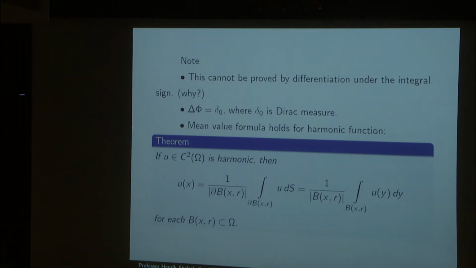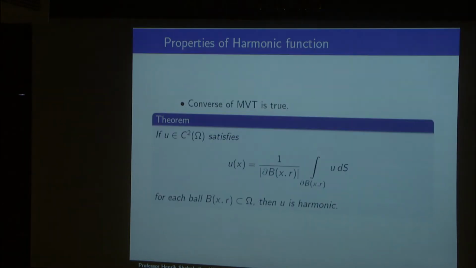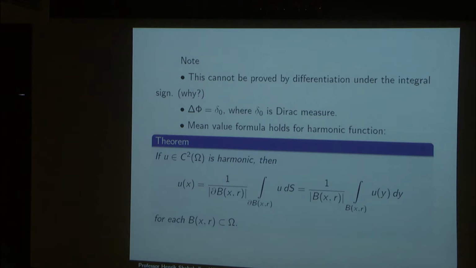The ninth thing is that the converse of the mean value property is also true. So being harmonic is equivalent to the mean value property being satisfied in that particular domain. Okay, so what does it mean? If you have a C2 function which satisfies the mean value property, then it is going to be harmonic, so the Laplacian is equal to 0. The proof of this is just 2 lines. If you write this correctly, you immediately see this is correct. So here in fact the proof you can